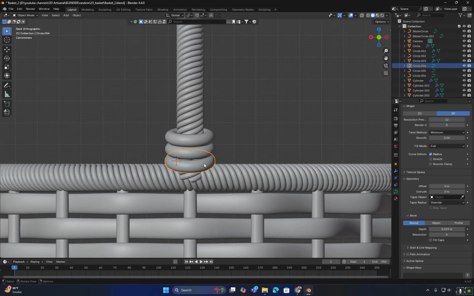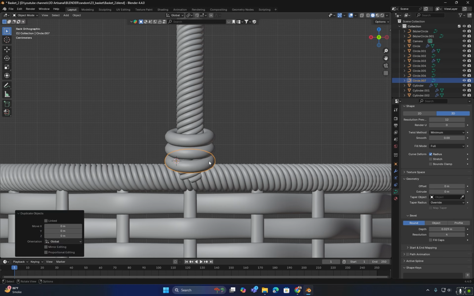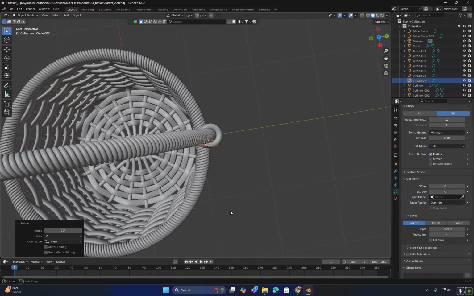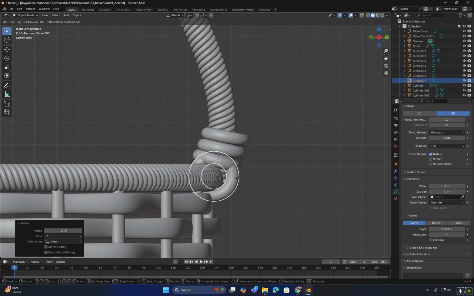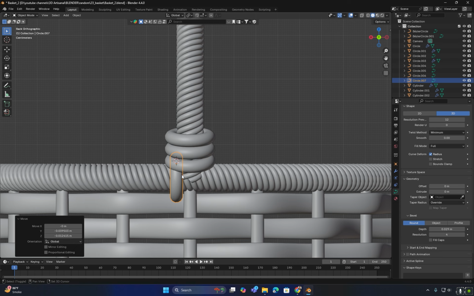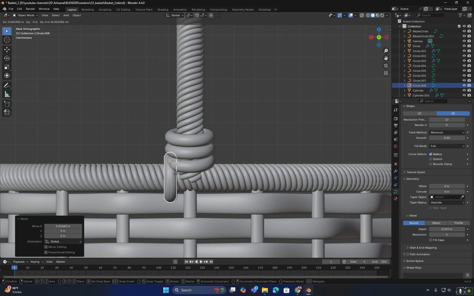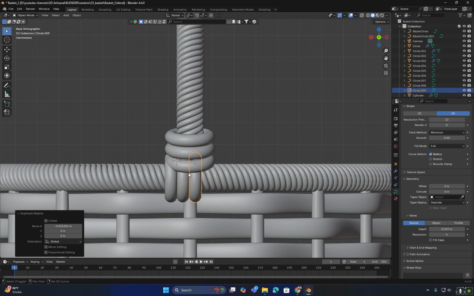After that I will duplicate one part, rotate it and adjust it on this side. I will align it properly. Then I will duplicate this part again to create 3 more copies and position them accordingly.